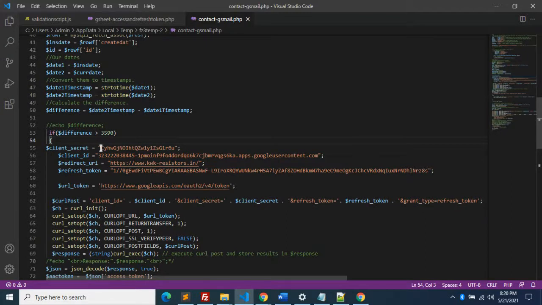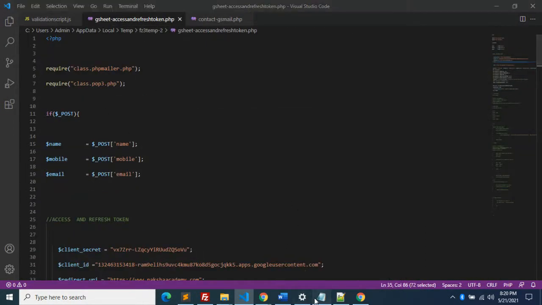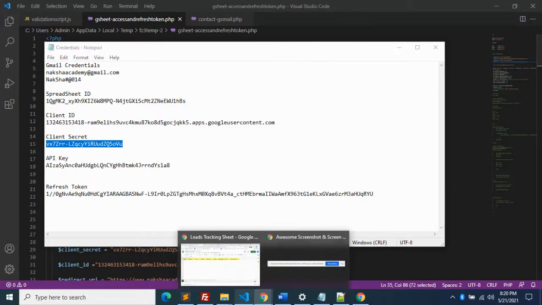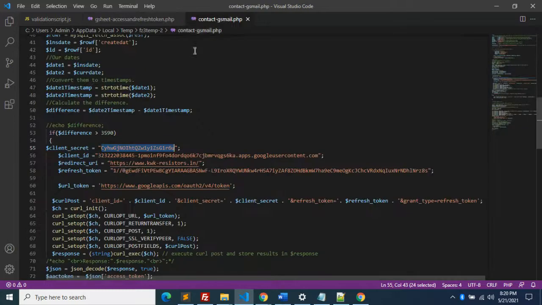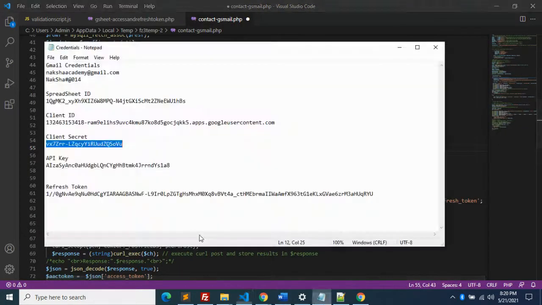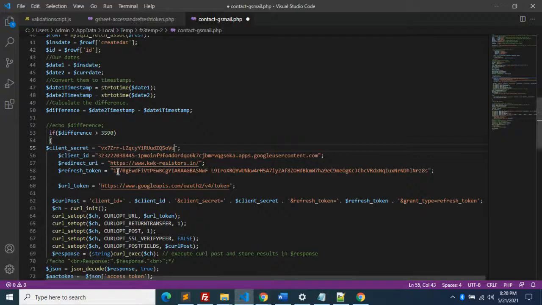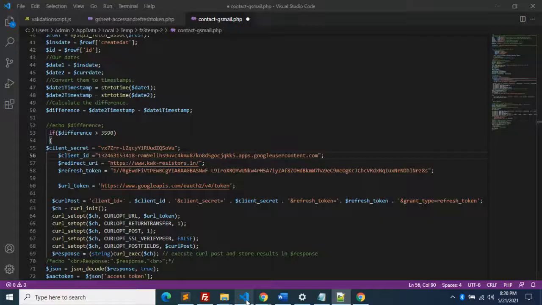So in the loop we are having client secret, client ID, and redirect URI.